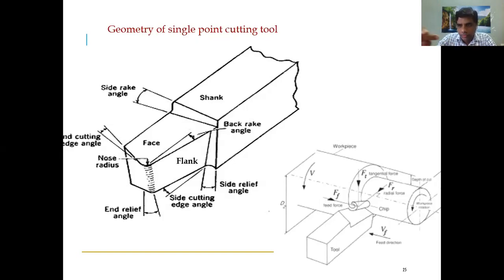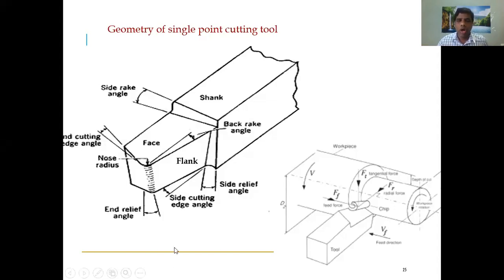So here the magnitude of the force is the same. Maybe you are applying some 100 kilonewton of force here, but because this area is very small, maybe at the micron level, that 100 kilonewton force creates very high stress. The stress is maybe in meganewtons, sometimes even in giganewtons. So that much stress is acting. Then obviously whatever portion is there is going to wear out, because the stress level of this particular material is exceeding its ultimate tensile strength. When the ultimate tensile strength is exceeded, what happens? A fracture happens in the material. Fracture is nothing but the material becoming two pieces, right? That is what happens.